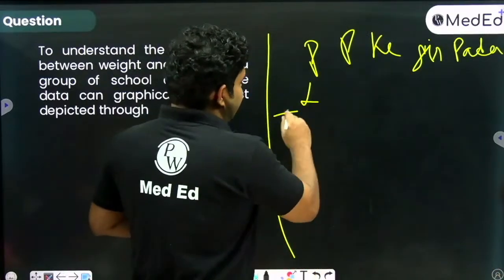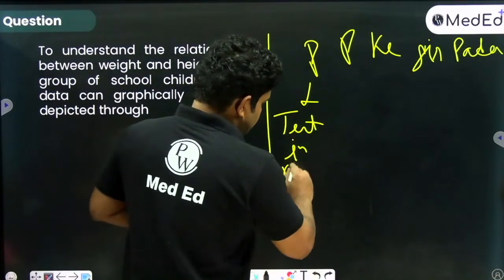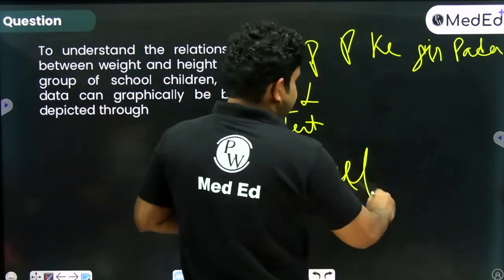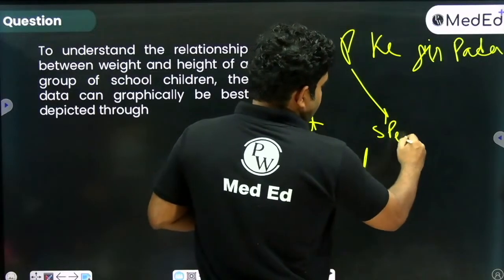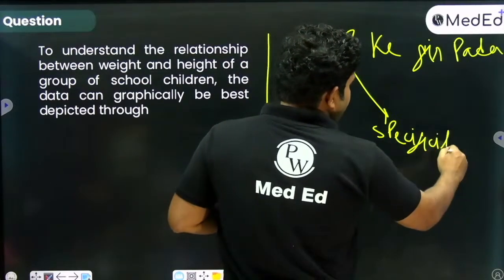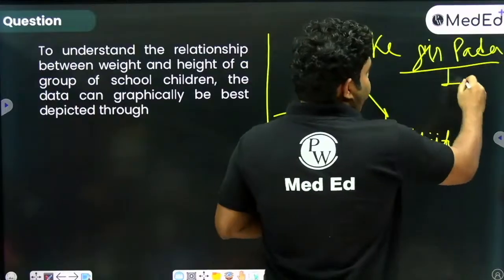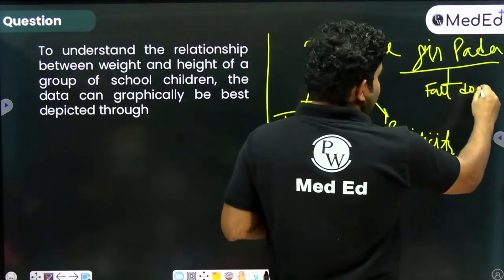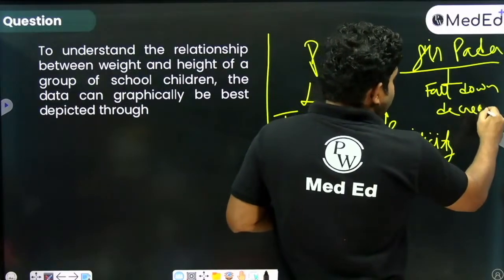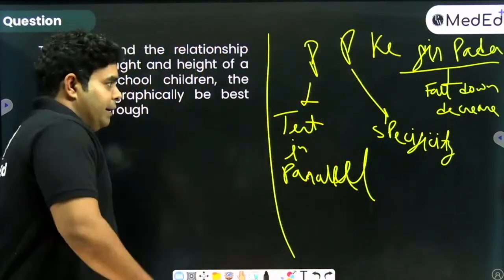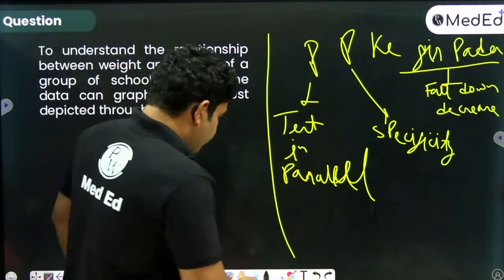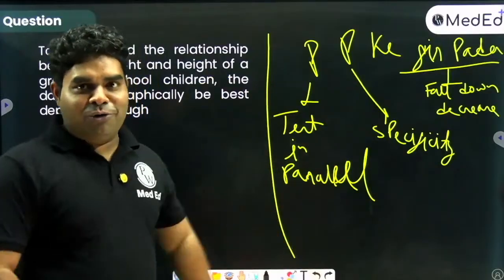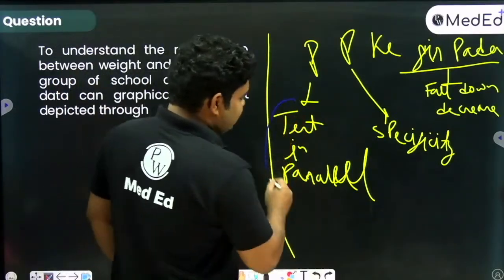पी से होता है टेस्ट इन पैरेलल. ओके. दूसरा पी है स्पेसिफिसिटी, और गिर पड़ा का मतलब आप जानते हो फॉल डाउन. फॉल डाउन का मतलब डिक्रीज है ना, फॉल डाउन और डिक्रीज. तो अगर आपको ये लाइन याद है पी पी के गिर पड़ा, तो आप ये आसानी से याद रख सकते हो. If you remember this line, पी पी के गिर पड़ा, meaning after drinking too much, fall down occurs. So you can easily remember that test in parallel